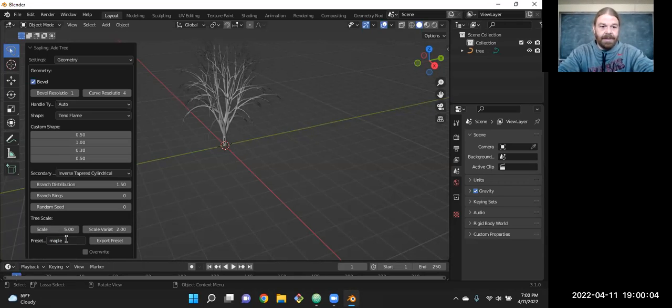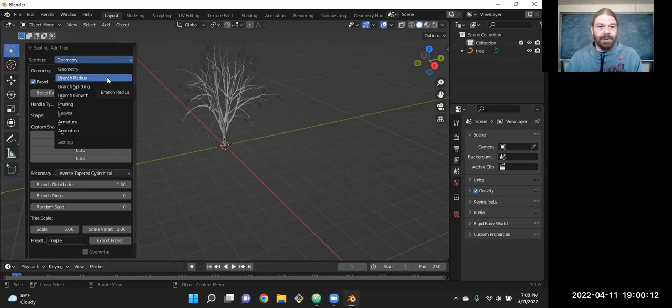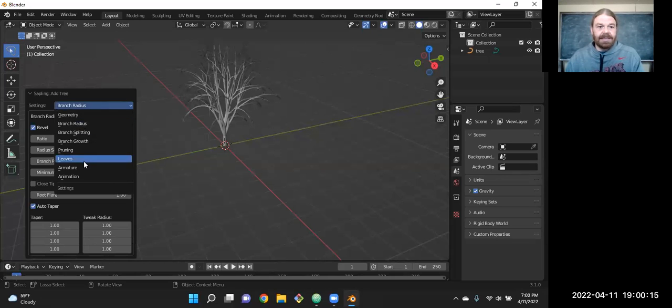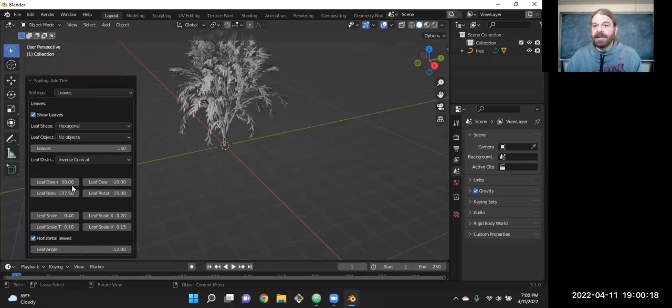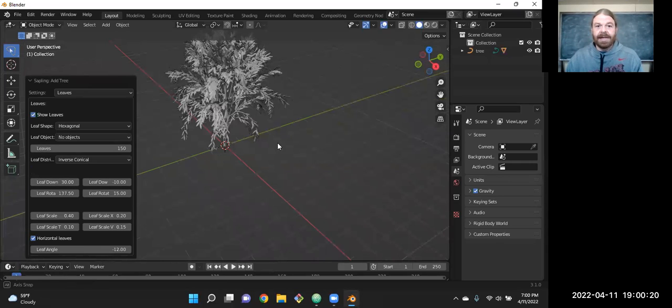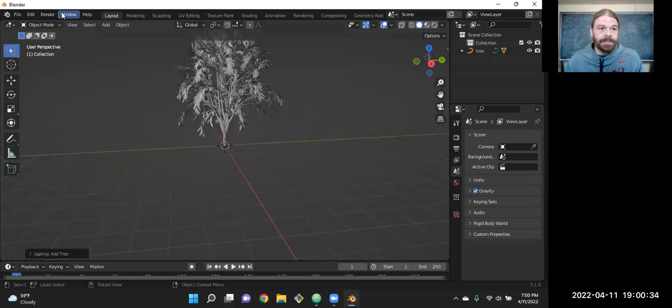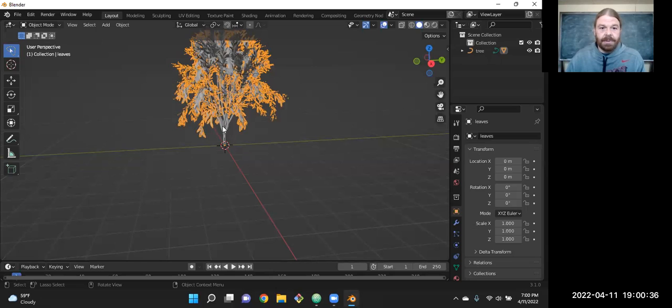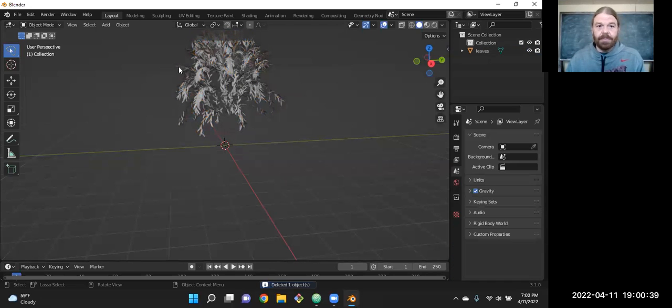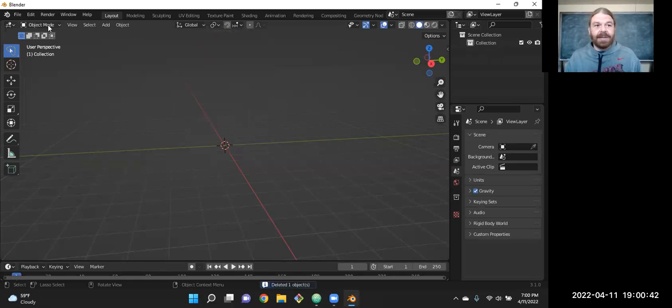which I still don't have the, can I type it? Nope. Yeah, I'm going to have to look into why my presets aren't working. Usually I start with the maple preset and just adjust a few of those, turn your leaves on, adjust the parameters of those, add some colors, and you have a tree ready to go. Very, very quick, a whole lot quicker than drawing them all from scratch. That would probably work. So let me delete this one. And notice the leaves are separate from the tree.